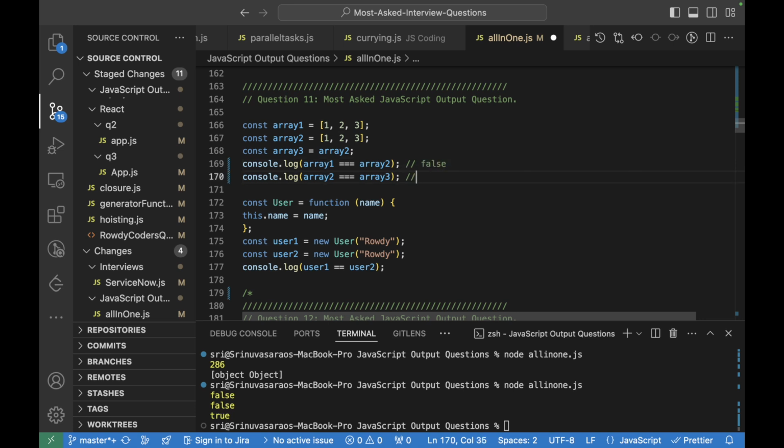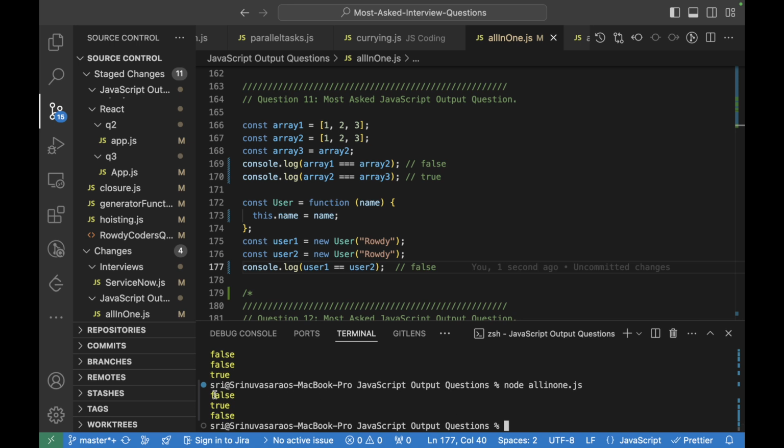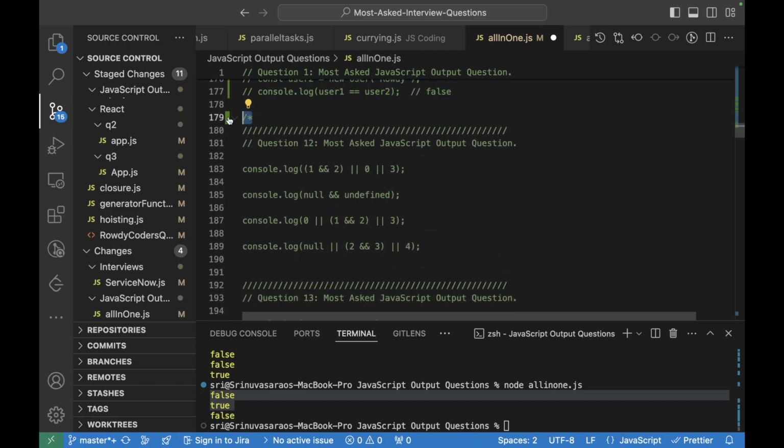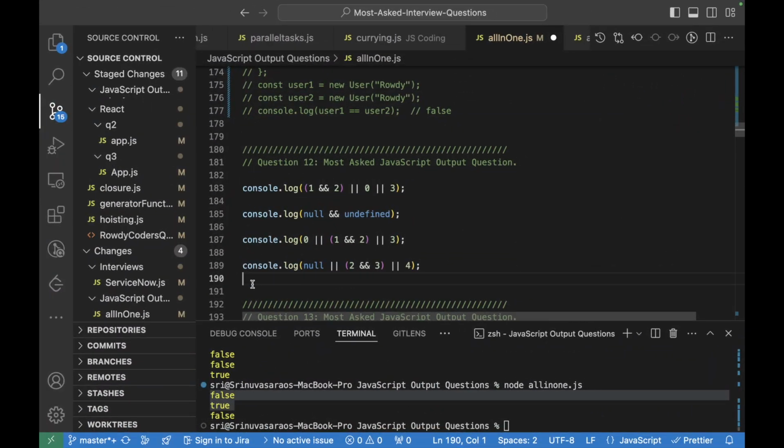And when it comes to this, the references of these two are the same, so it will give true. And here we are comparing two separately constructed values, which are different, so this will give false here. Let me run it and show the output here. So here false, false, true. Okay, let me comment this and let's guess the output of the next question.